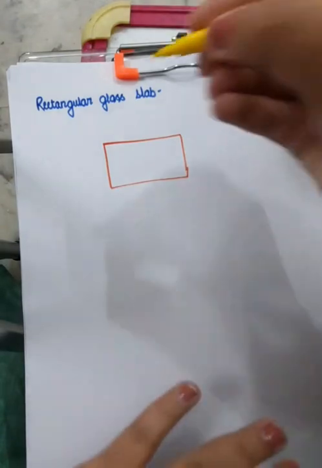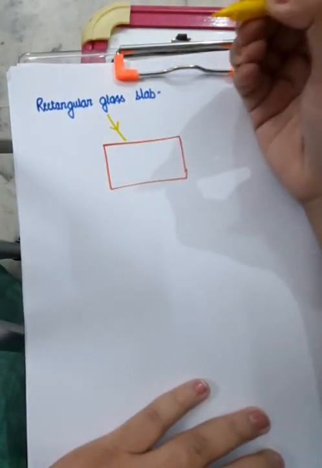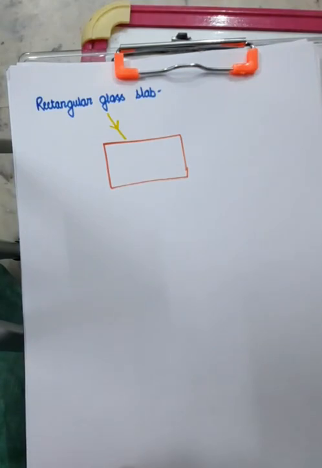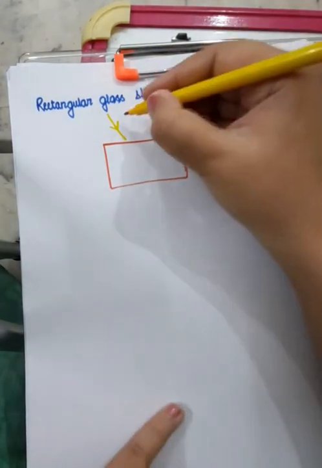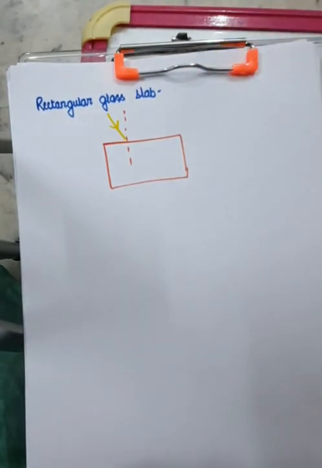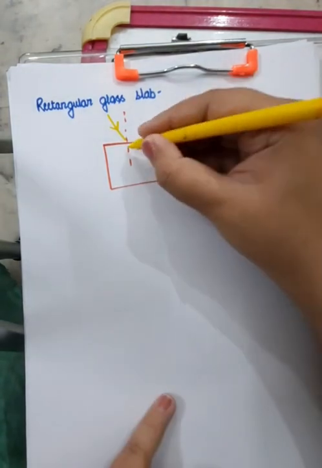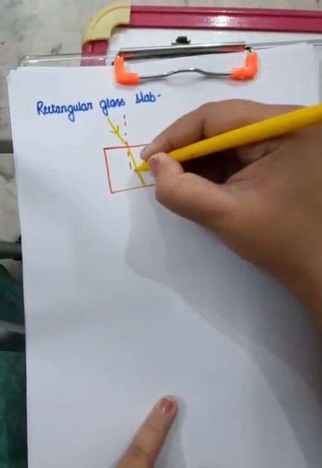So now there are many characteristics that are associated with this refraction. See how? Suppose this is a light ray which is incident on one face of the glass slab. At the point where the light ray is incident, you can draw a normal there. Of course, yes. Since light is coming from air to glass, what is going to happen? It will bend towards the normal.